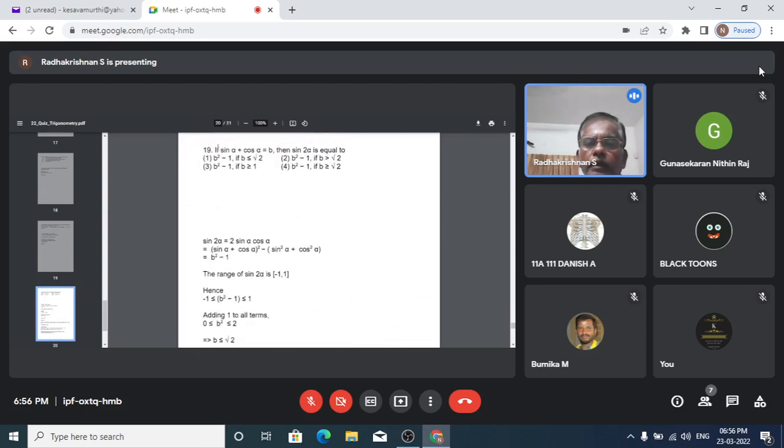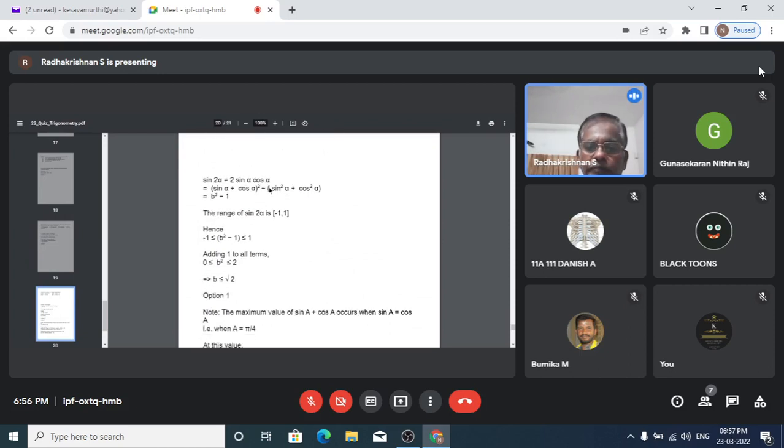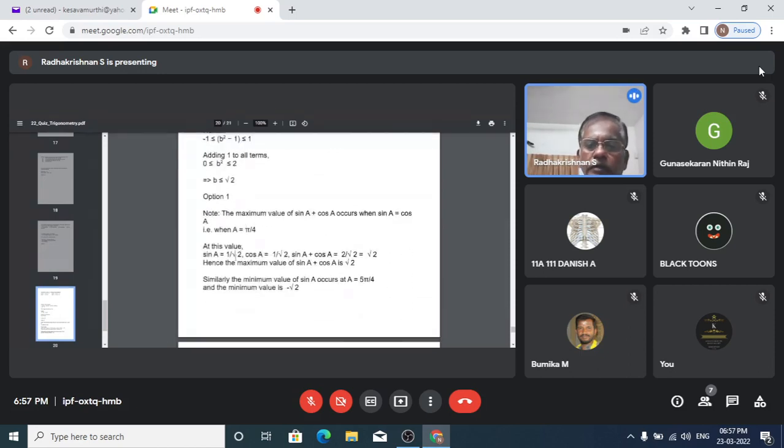So we see now B is sin alpha plus cos alpha. What is the range of that B? That's what we are seeing. So for sin alpha plus cos alpha, the maxima occurs when alpha or A is equal to pi by 4, and the maximum value is root 2. The minimum value of sin A plus cos A occurs at A equal to 5 pi by 4. The minimum value is minus